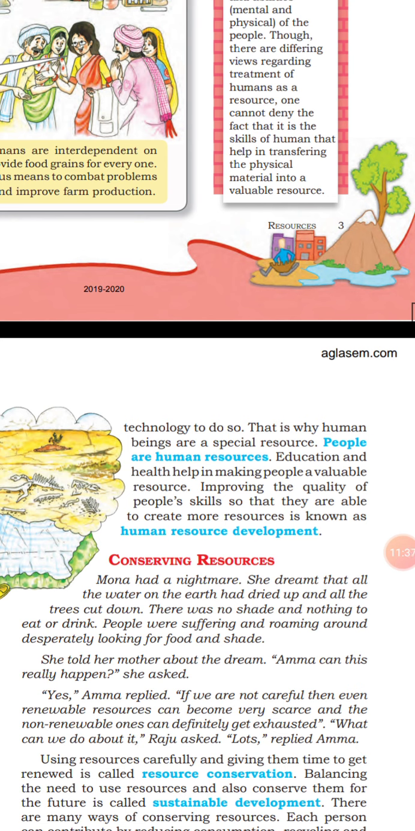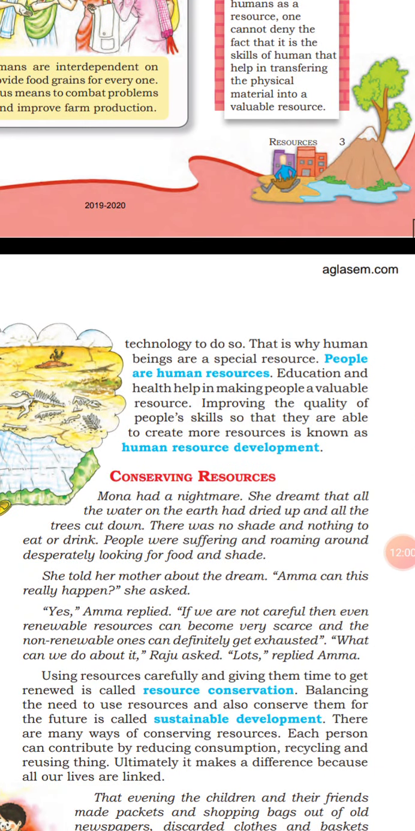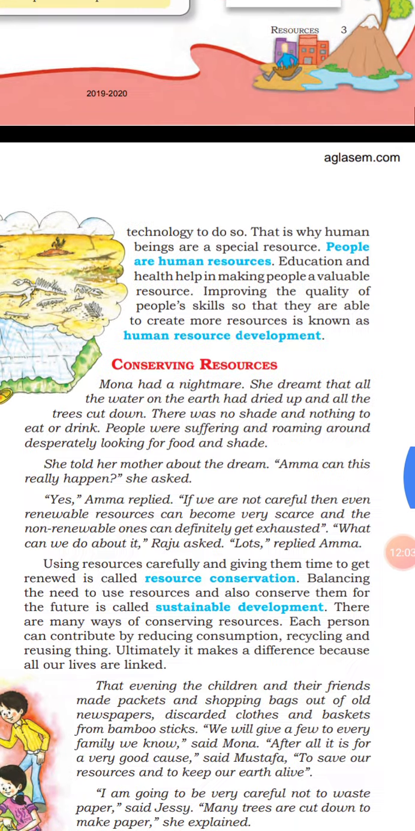The future generation also needs the resources. But if we keep using them at a fast pace, they may end up, thus posing problems for the future. We should use resources in such a balanced way that we satisfy our needs as well as conserve them for the future. This concept is called sustainable development,